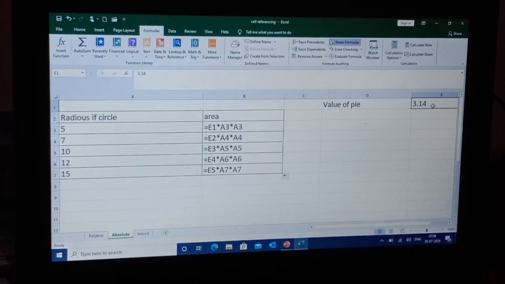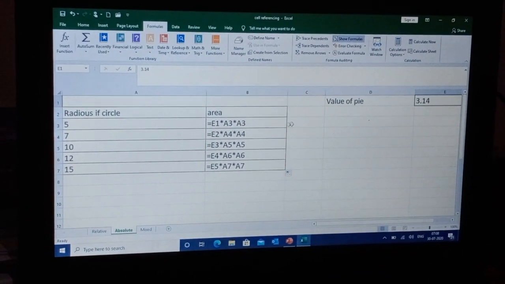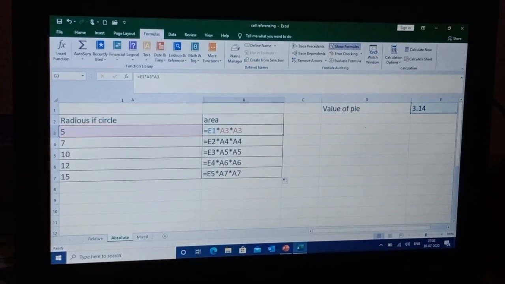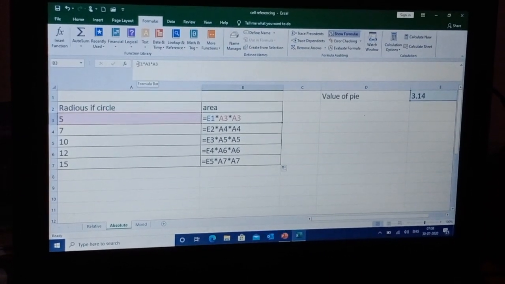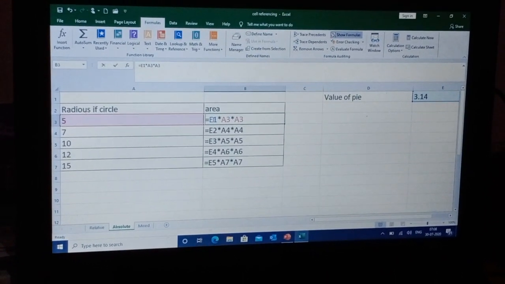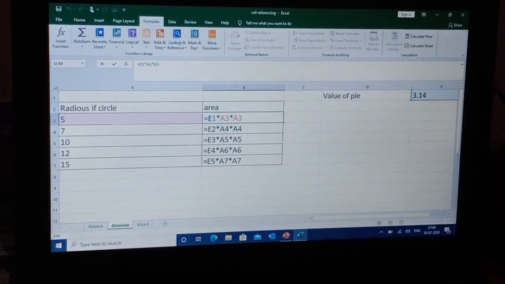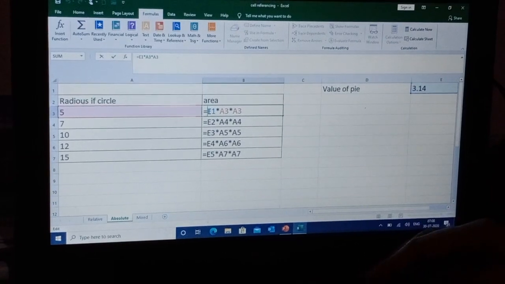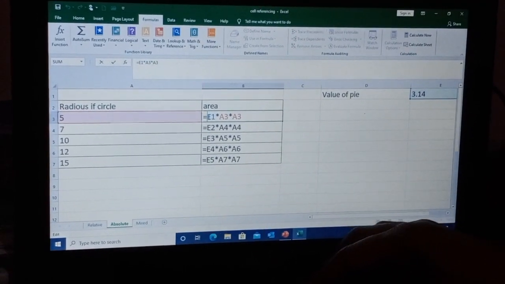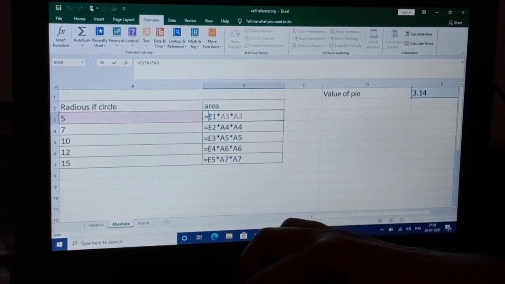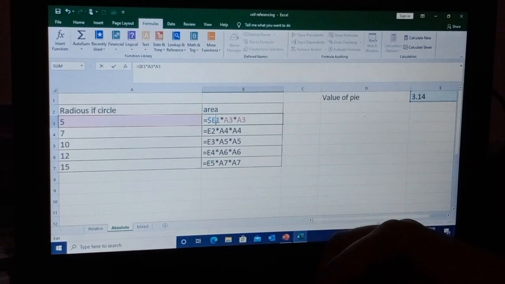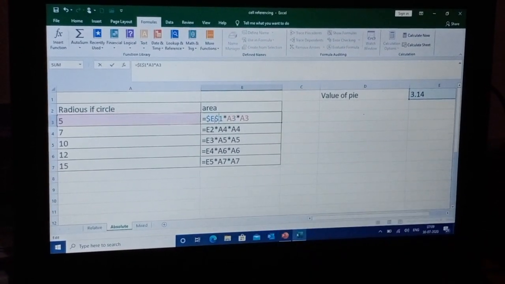So in that case, what we can do is, while giving the formula, I want to keep this E1 cell fixed, so I will mention the dollar sign along with that cell address: $E$1.